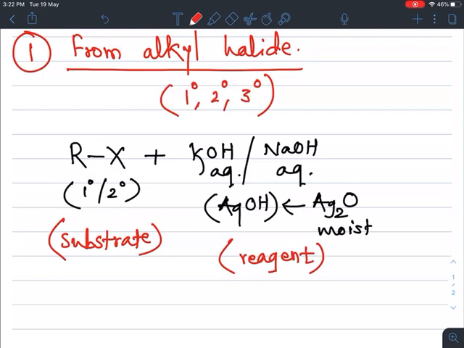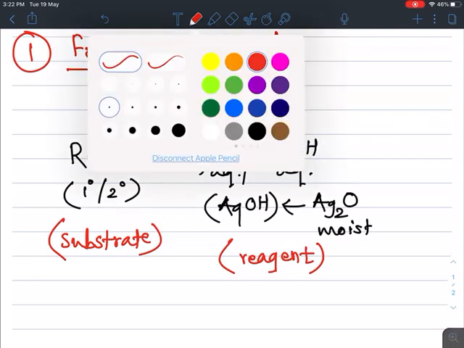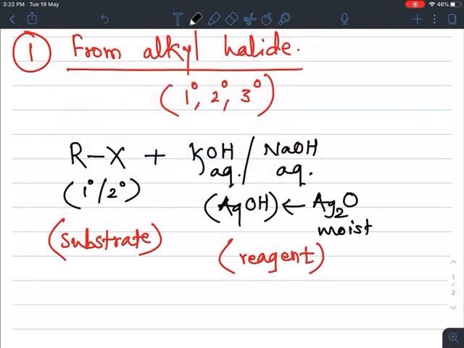The alkyl halide is the substrate, and it may be either primary or secondary. When treated with a reagent like aqueous KOH, aqueous NaOH or moist silver oxide, which behaves as AgOH,